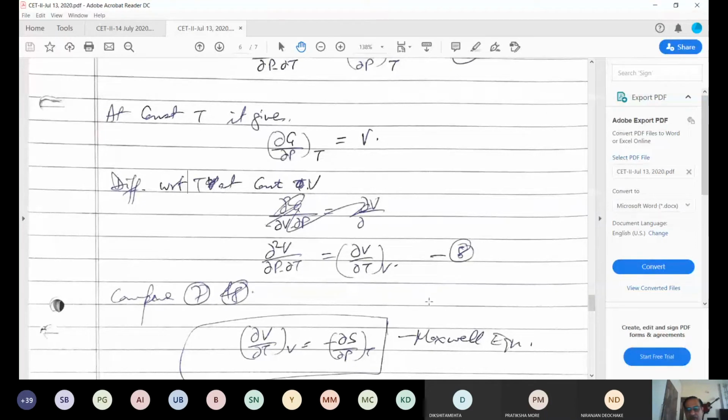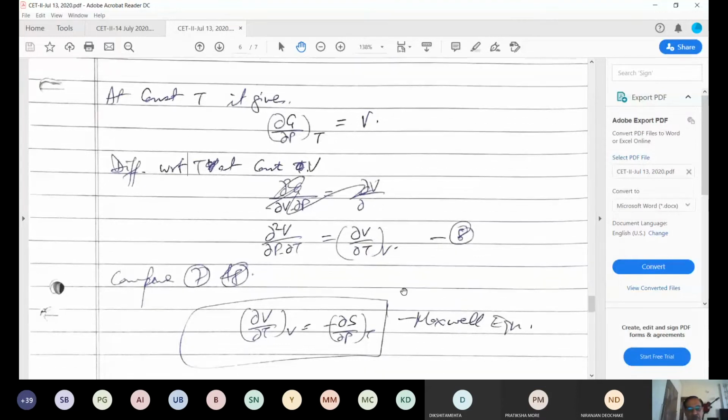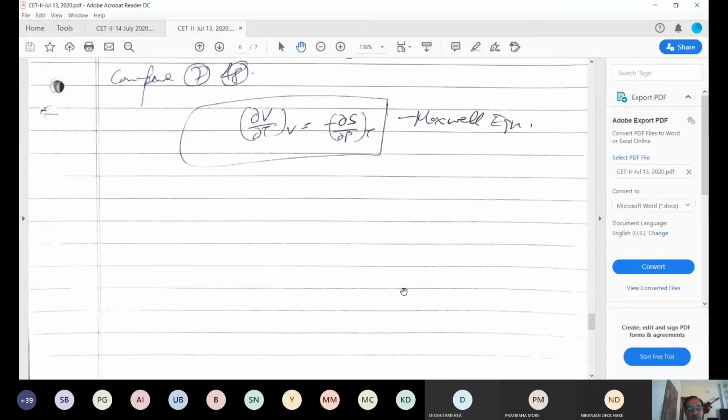Okay, understood? I'll correct this and give you the notes. It is correct in the book; the mistake happened in my writing. Okay. So let's go to the mnemonic diagram